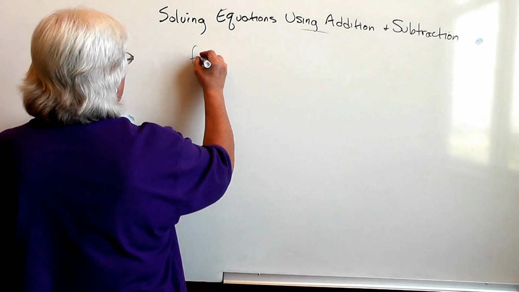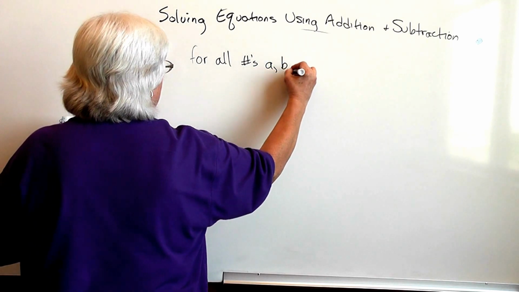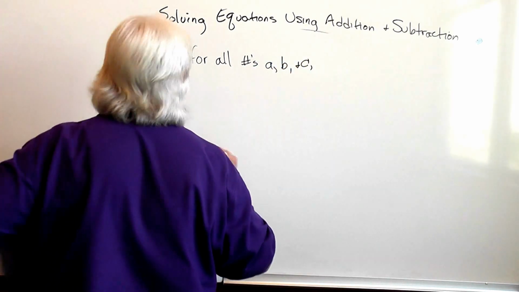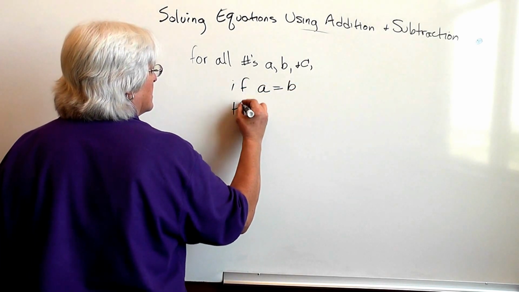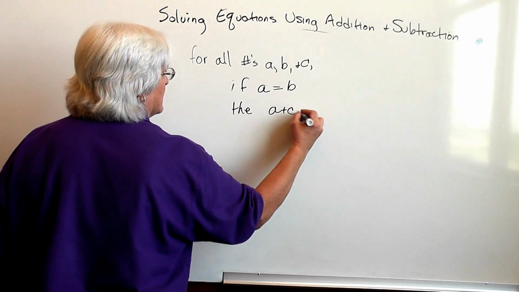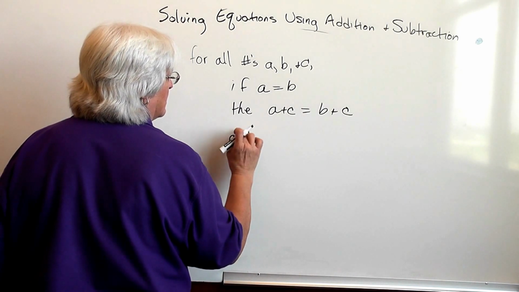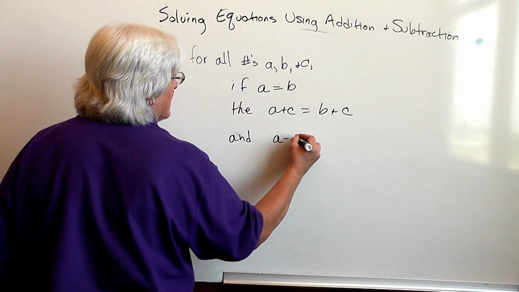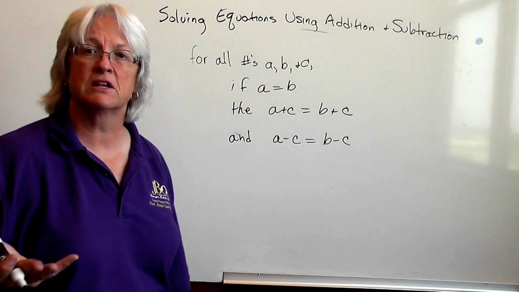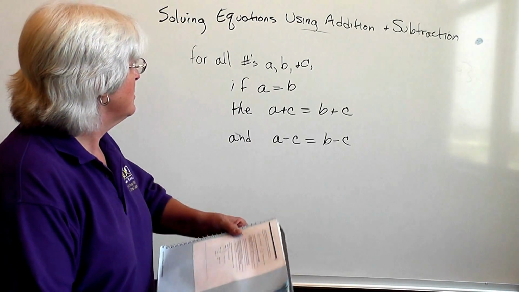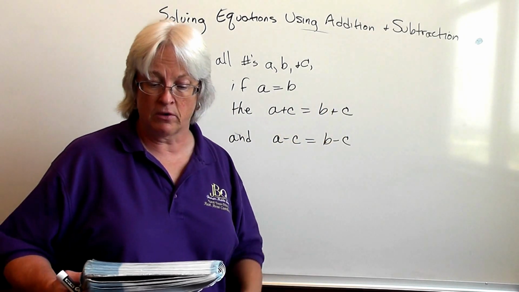This says for all numbers A, B, and C, if A equals B, then A plus C is equal to B plus C, and A minus C is equal to B minus C. That looks like a mouthful of alphabet soup because you're not used to talking about math looking like this. But all that really means